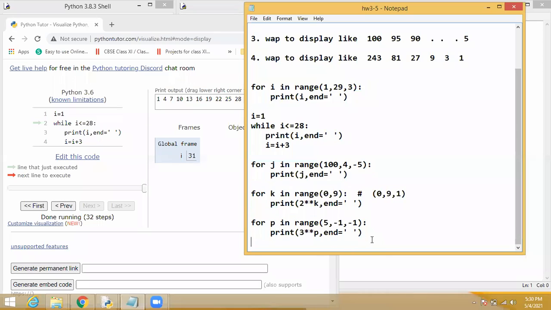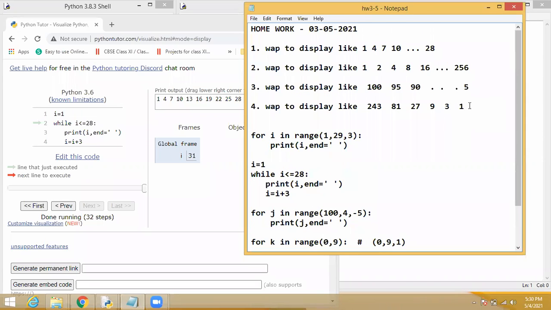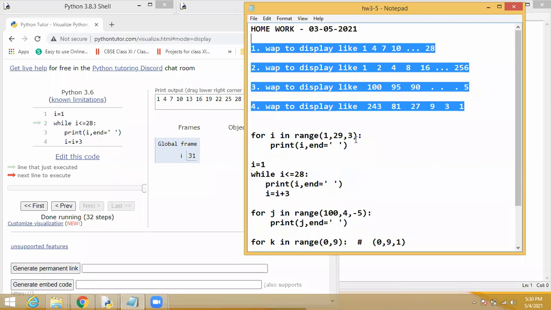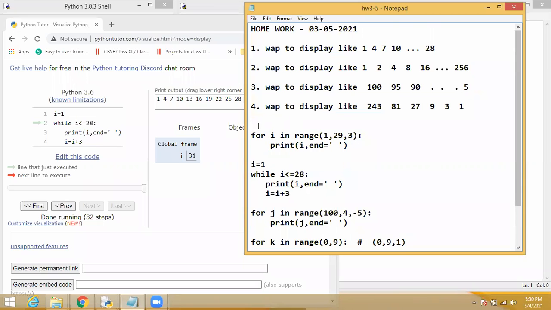Write them down in your classwork note, because I will ask the same kind of questions in the exams too, whether the weekly test, monthly test or unit test. Every time I'll ask this type of question, so you have to think and answer. The answer is the same, but you should have it in your classwork note so that it will help you.